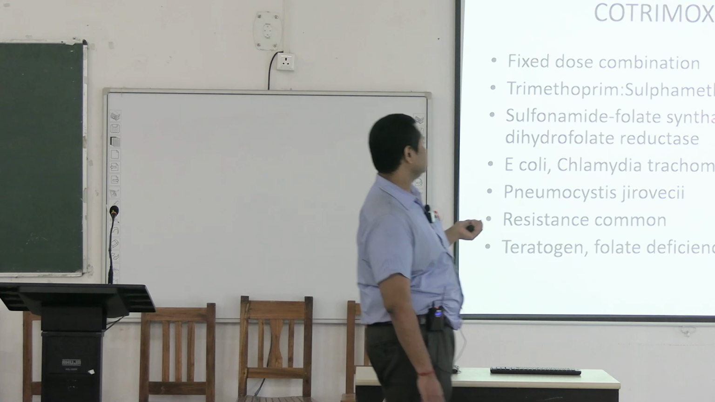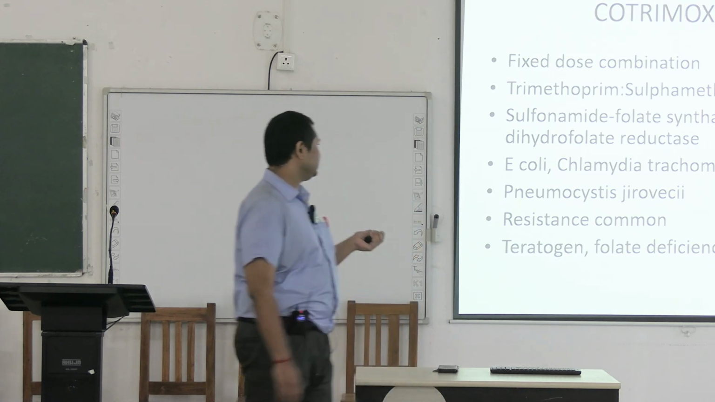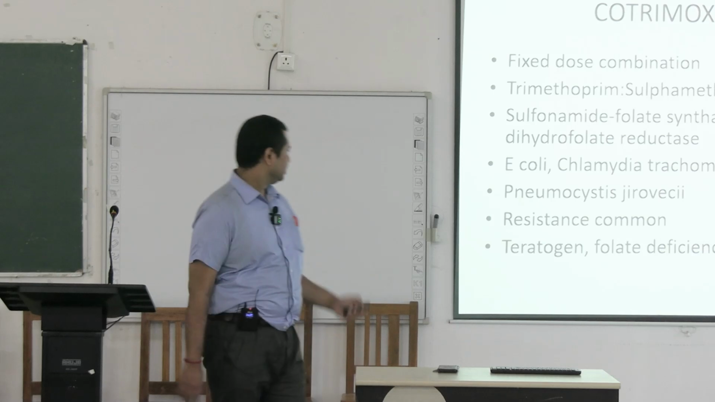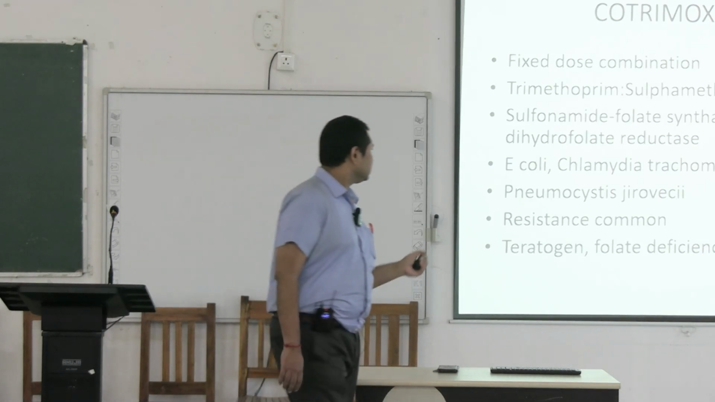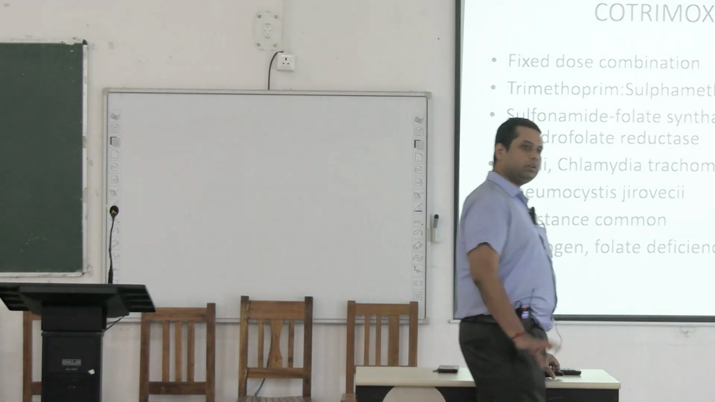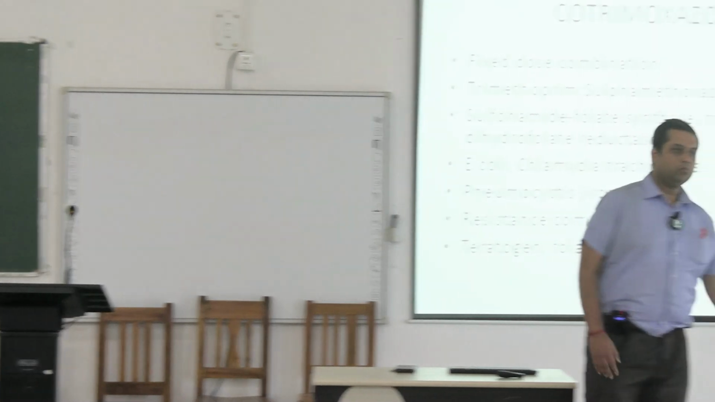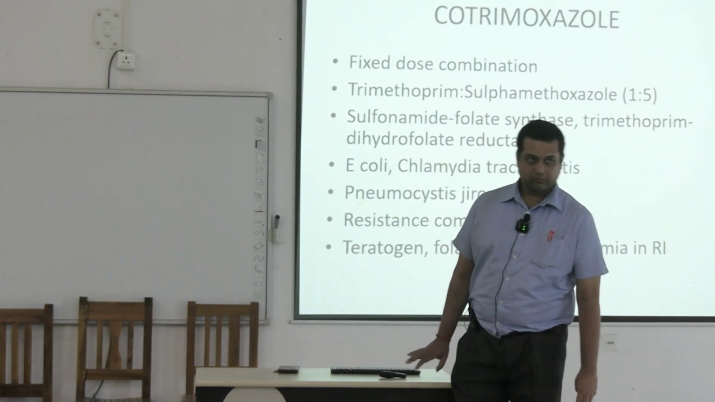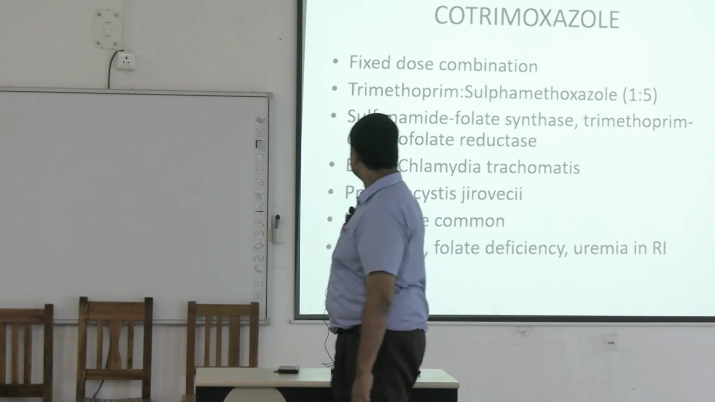So sulfonamide, folate synthase, trimethoprim, dihydrofolate reductase, that is how it acts. Now co-trimoxazole is a very old drug. Most bacteria have grown resistant to it. Some of them, like E. coli,